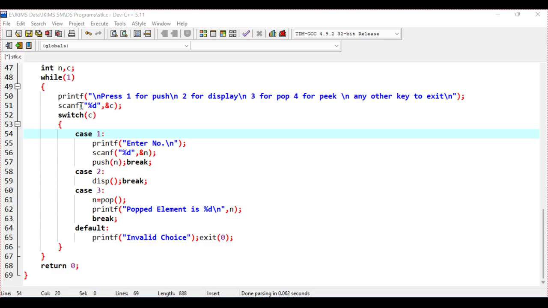Then what is the exit condition of this loop? The exit condition is that whenever the user presses any value other than these 3 or 4 values, that means 5, 6, 7 or 11 or 21 or some other value other than 1, 2, 3 and 4, because 1, 2, 3 and 4 have been